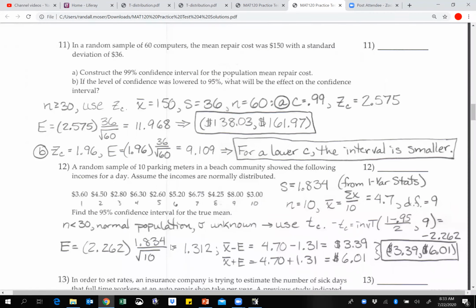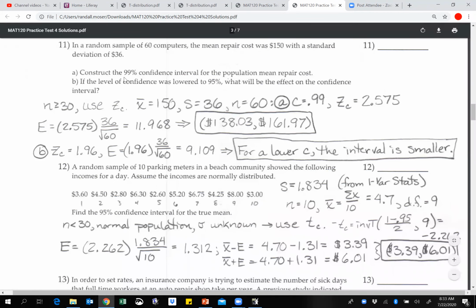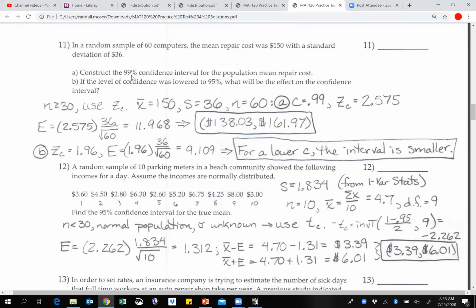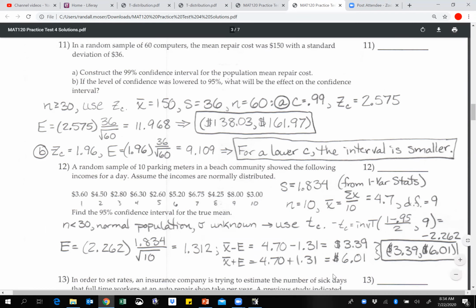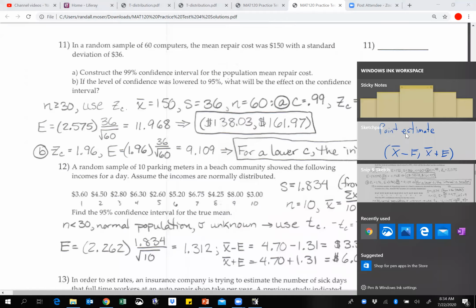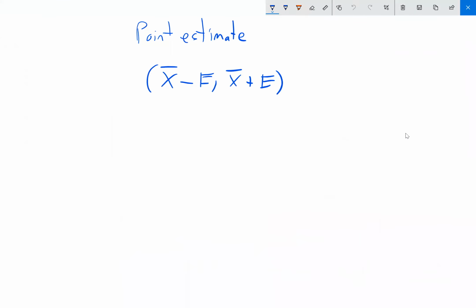From here, it's mostly the same. Question 11 is very similar, but they do ask a follow-up question later. In question 11, you have to do both a 99% confidence interval and a 95% confidence interval. And then they ask, what is the effect of the confidence level? One of the things you should know is the way that the confidence level affects